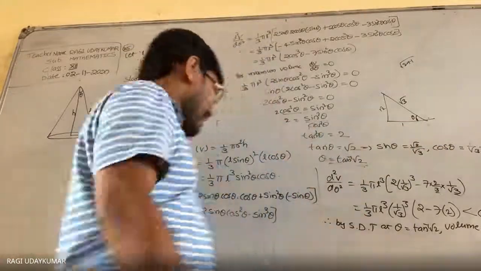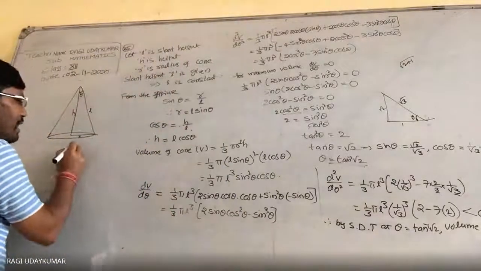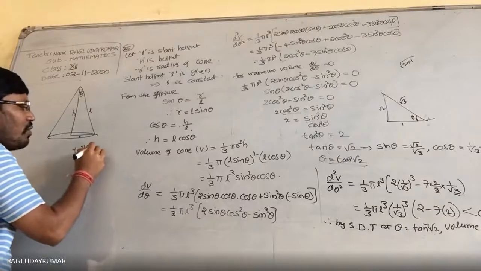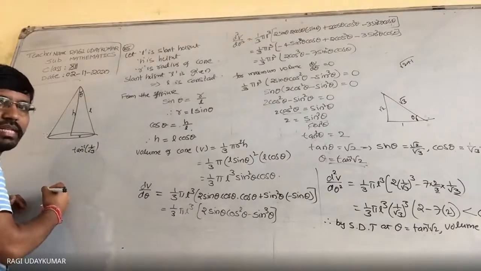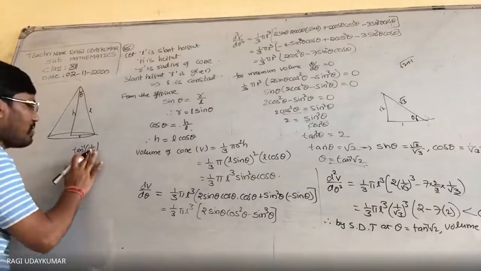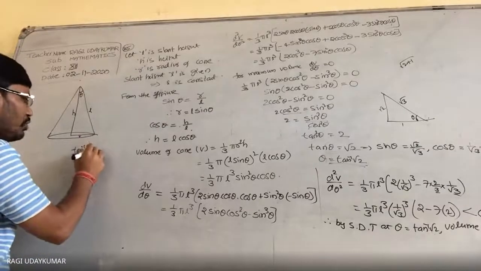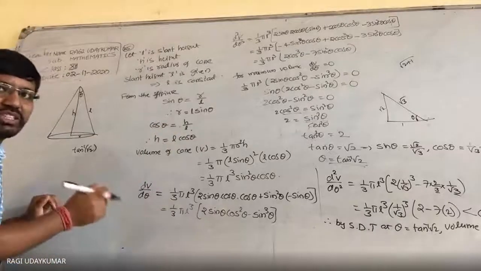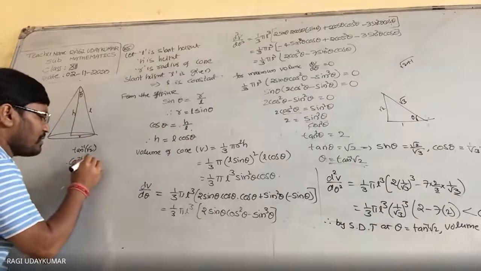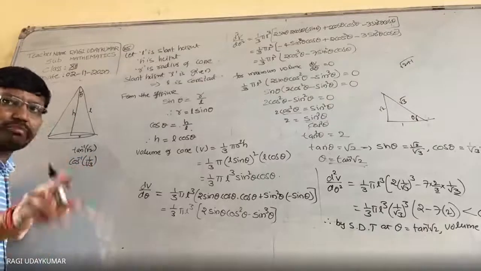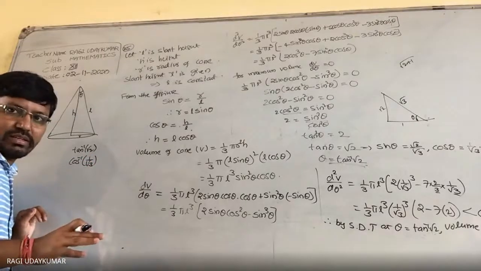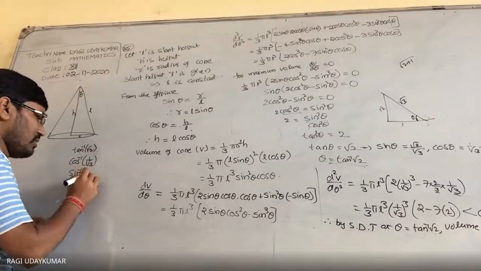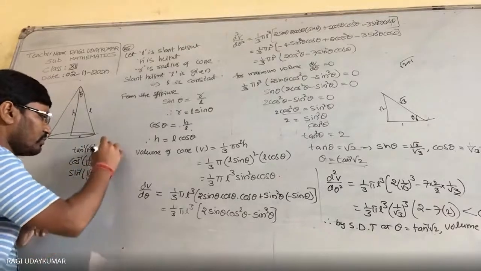The question is the semi-vertical angle of the cone. The maximum value is given as tan inverse of root 2. Here in the same question, instead of tan inverse of root 2, cos inverse of 1 by root 3 also. Same question, nothing changed. Last में instead of this one, or the question can be asked for that. These three are right.